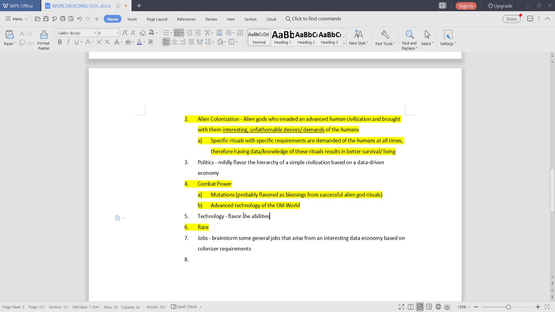Will I have abilities that come from technology? I think I will, or at least I can't think of any so far, other than lasers, of course, but I think I'll keep it. So technology, flavor, non-mutation abilities as well.